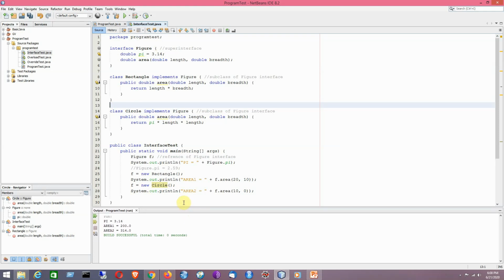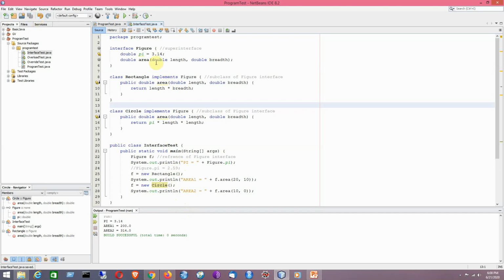It can have references which point towards the objects of the subclasses. Only then can you access the specific implementation of the overridden method in the subclasses. That is the idea that I have tried to implement here.